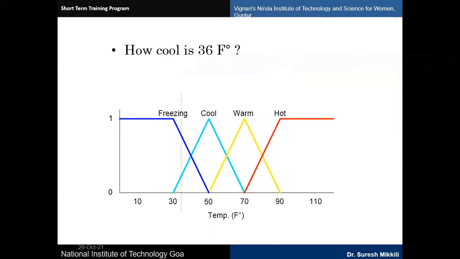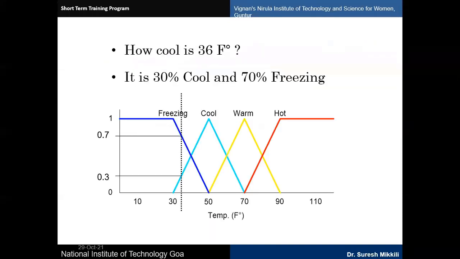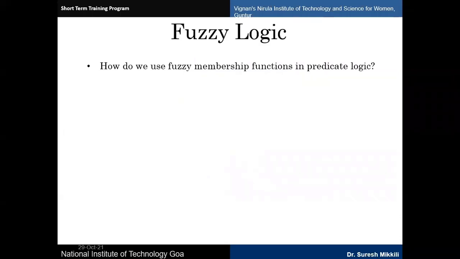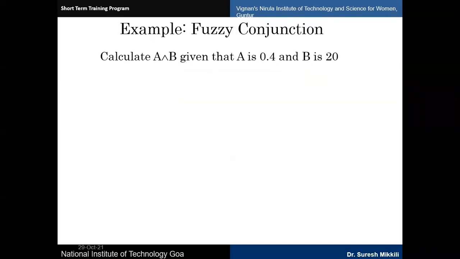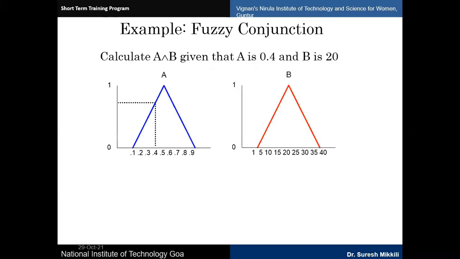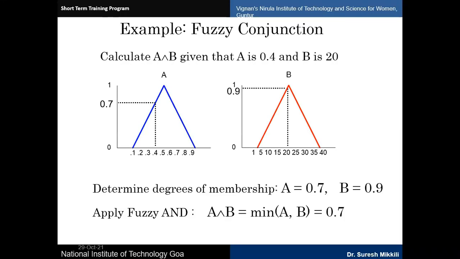Now there are different variables. I'll explain it to you tomorrow; it will not be sufficient today. Disjunction and conjunction are there. I will show you their slides. After that, I will take one power quality issue and apply fuzzy logic controllers in tomorrow's session. I will show you what is in the session.